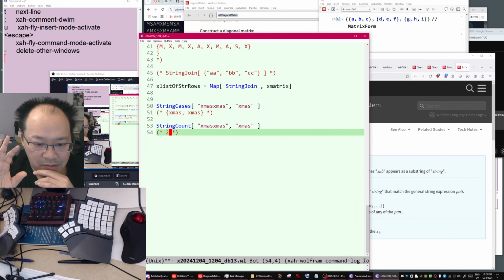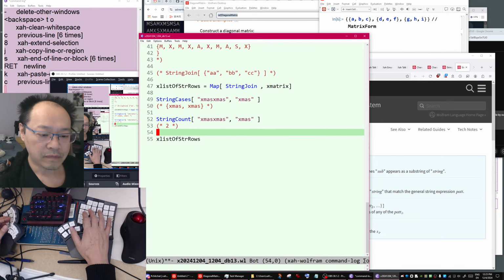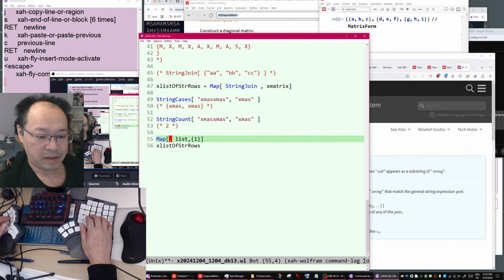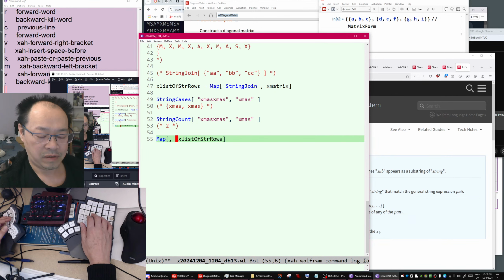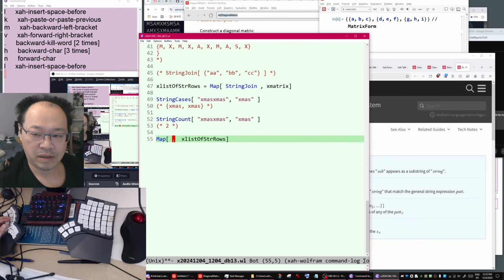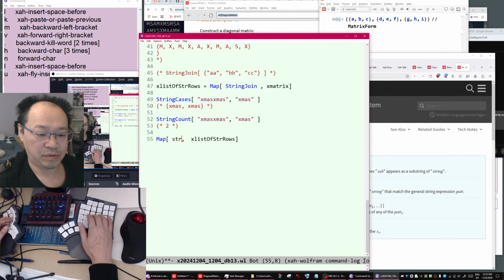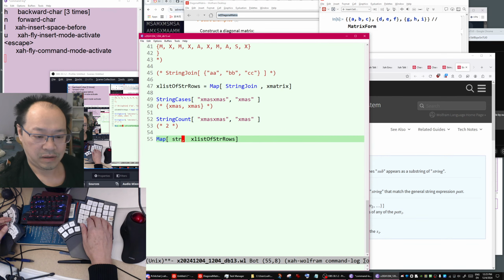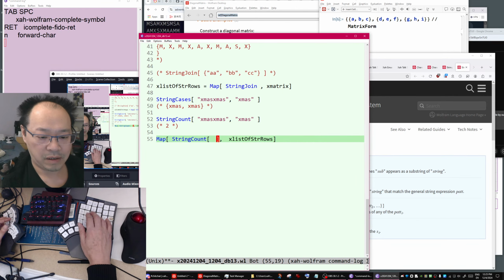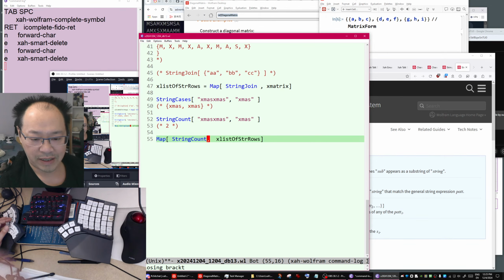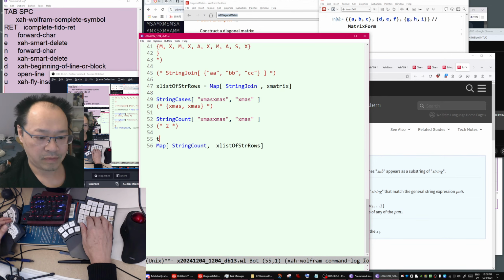So this is one row. But now you need to do all the rows. So you map a function to this list of rows, and you do StringCount, then you total it.